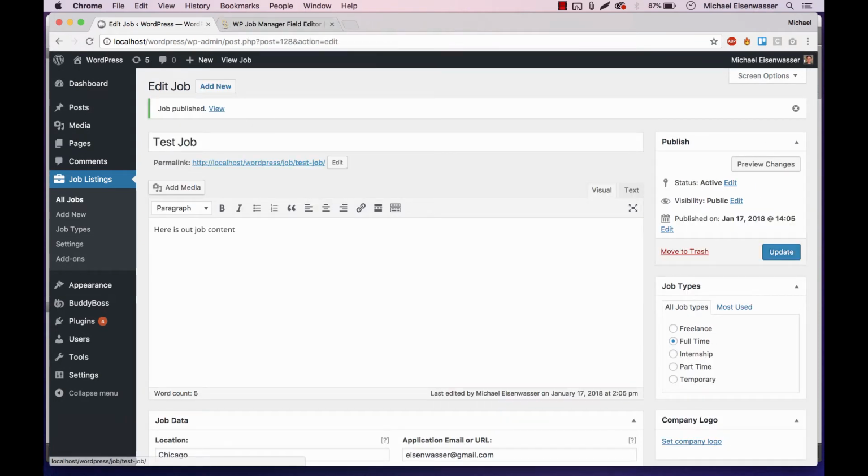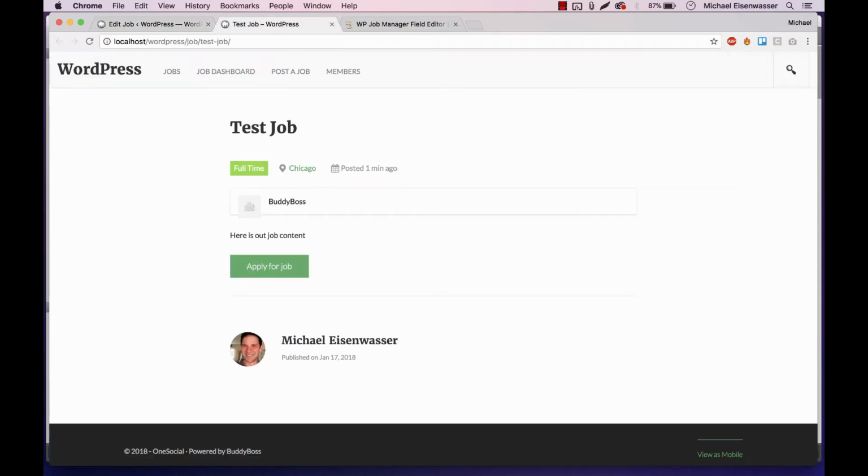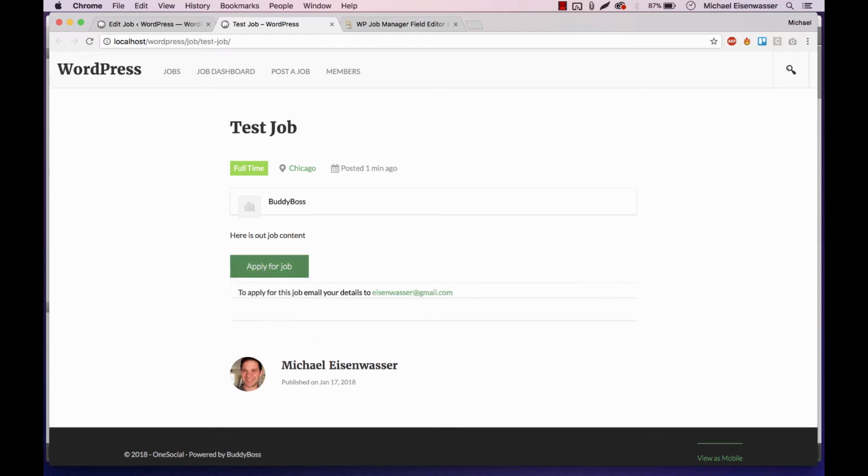And then we can view the job, and here we can see it. There's not a lot of content in here, but you can imagine if you had more info. You can see who published it. This is within our One Social theme, but it could work in whatever theme you're in. And here on the front end, we can see some options. So a user can apply for the job,